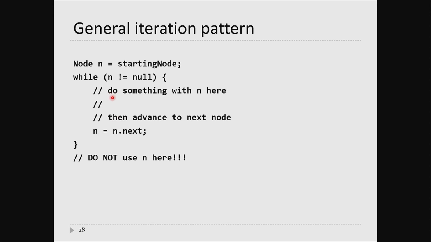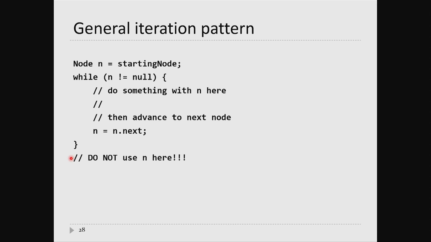So I know that n is safe to use inside of the loop. At the end of the loop, you just update n. You say, well, n's now the next node in the sequence. So n equals n dot next. Now, when you use this pattern, down here,